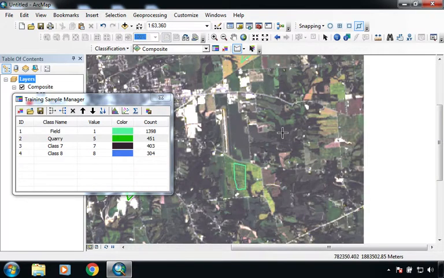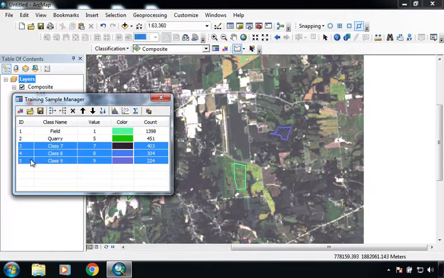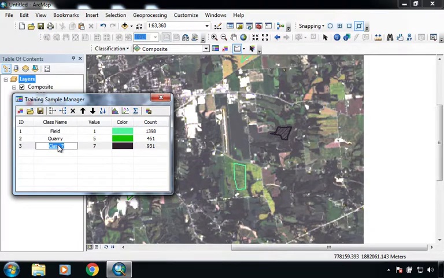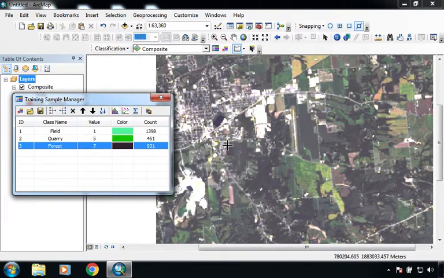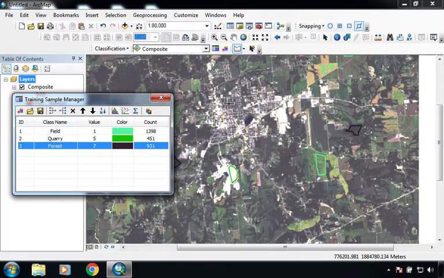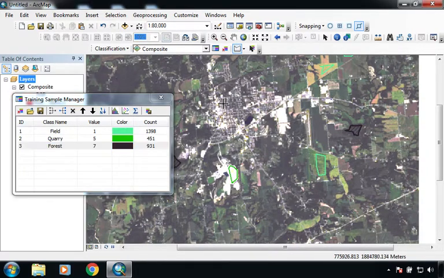Let's see, maybe another patch of forest here. Okay, I'll merge those together into the class forest. And let's see. One of the trickiest things to get is going to be where the character of pixels changes a lot, and that's true of most urban areas, especially residential areas with lots of trees. So this portion of Greencastle here, where there's lots of trees mixed in with roads and buildings,